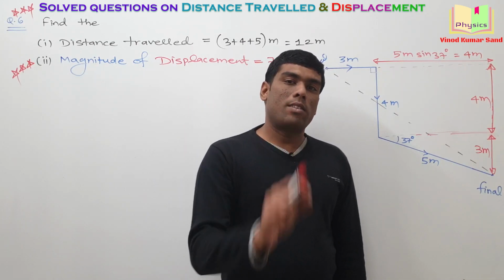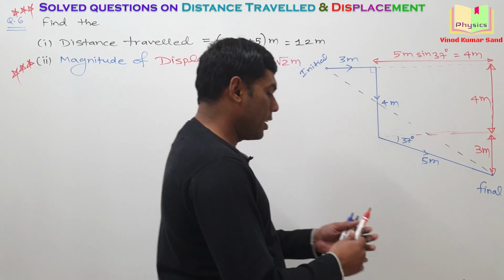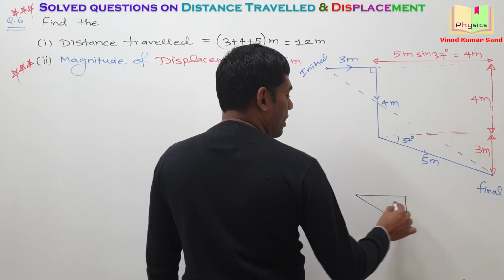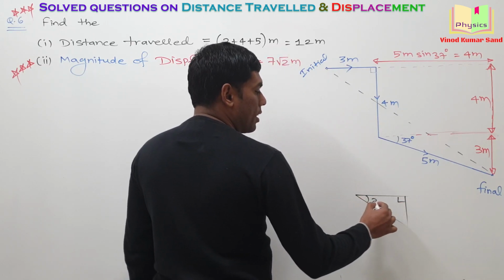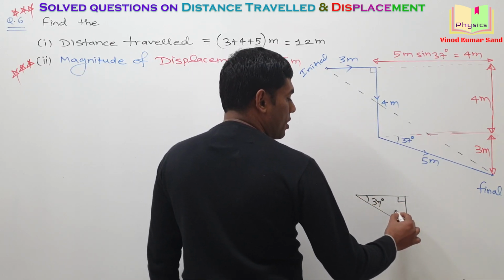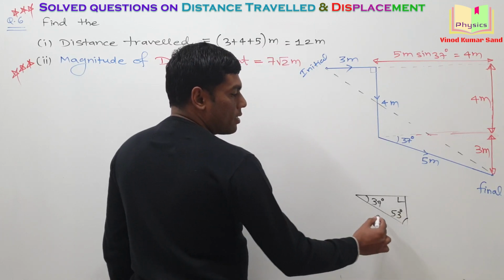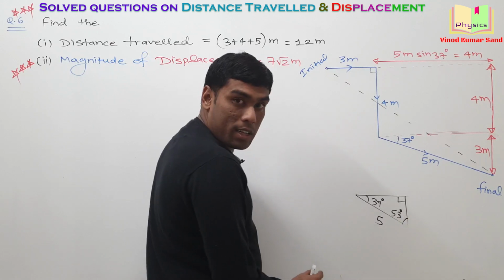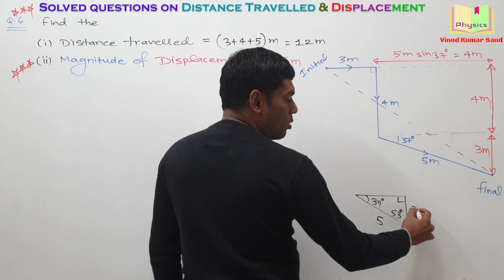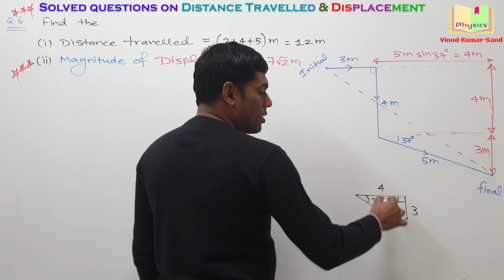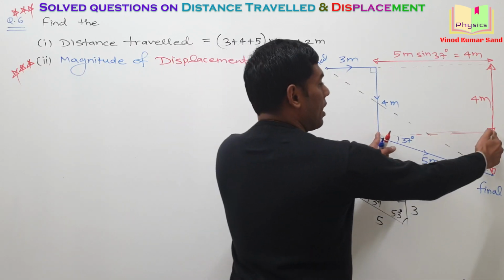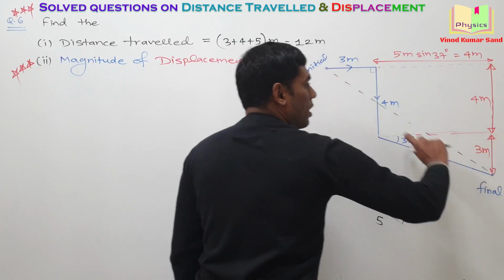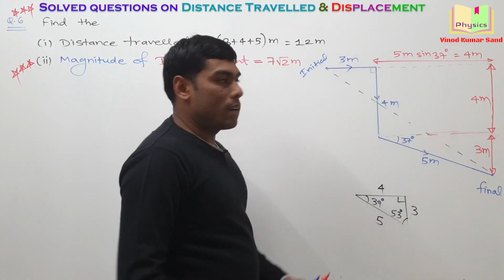You remember that special triangle. If you have a right angle triangle like this, the angle here is 37 degree, the angle here is 53 degree, and this side is 5. Then for 53 degree, what was the trick? 5, then this side should be 3. This side is 4. If this side is 4, then this is also 4. If this side is 3, then you get all the required data.